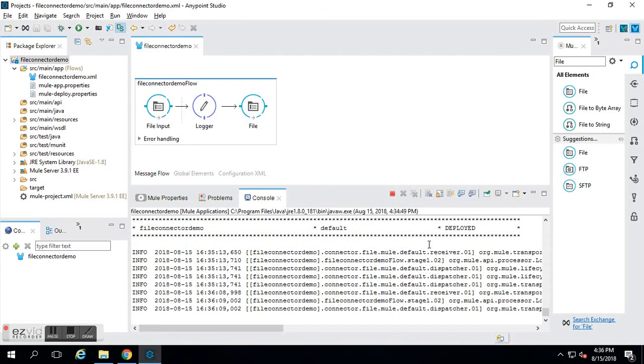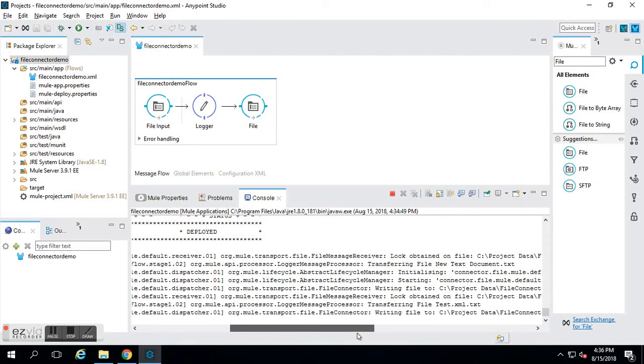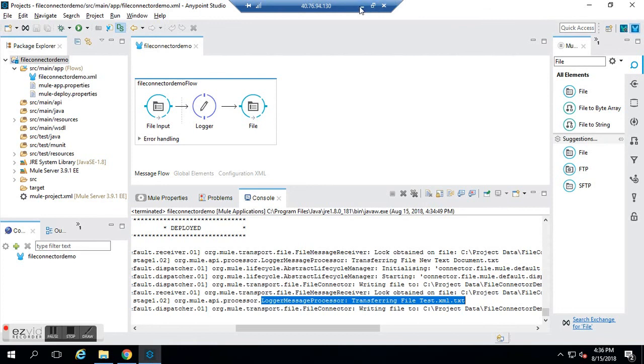And then we can stop our Mule application, or let's see what our logger has written. See, logger has transferring file test.xml.txt. So now you can figure out that the logger is for logging purpose. Let's stop the process. Now it will stop the